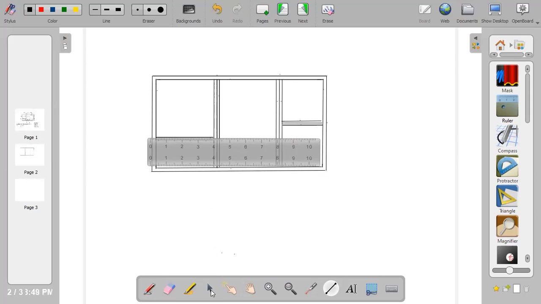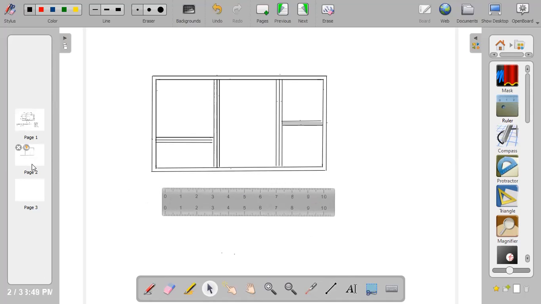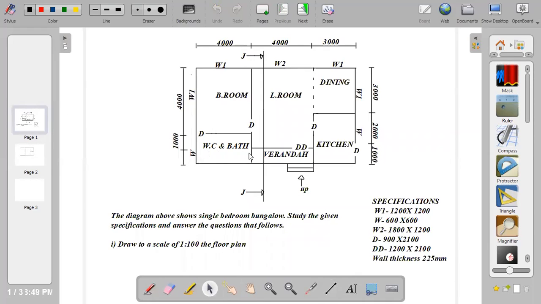Then I'll repeat the same procedure on the other side. Very good. We've been able to bring out all our partition lines. Remaining the veranda. For the veranda, the partition line is just 1 cm away. Let me quickly bring out